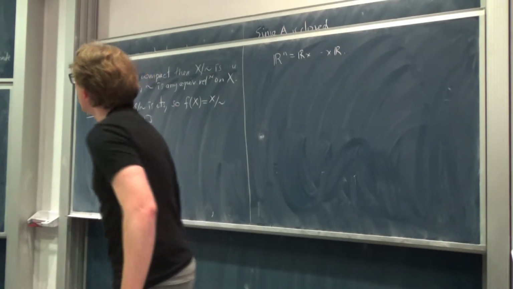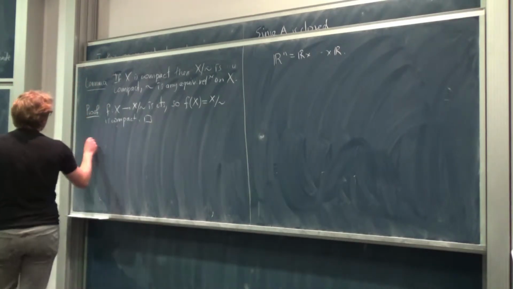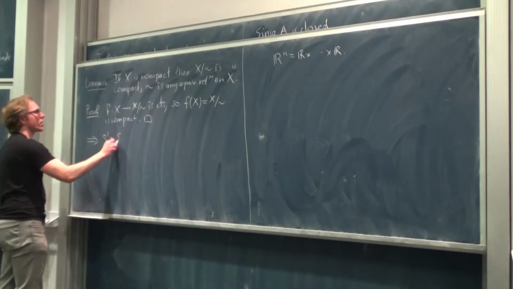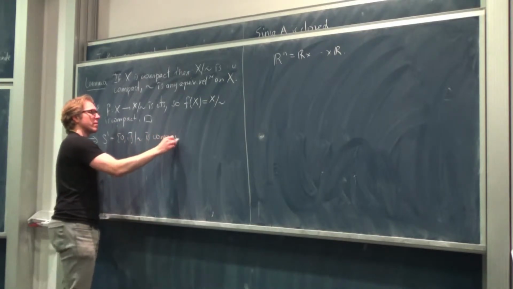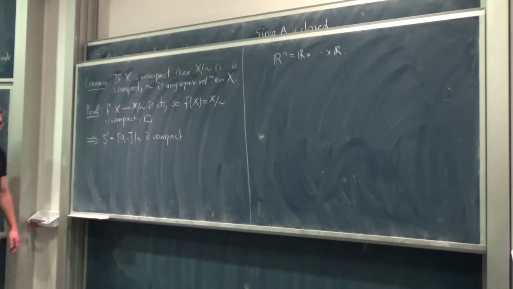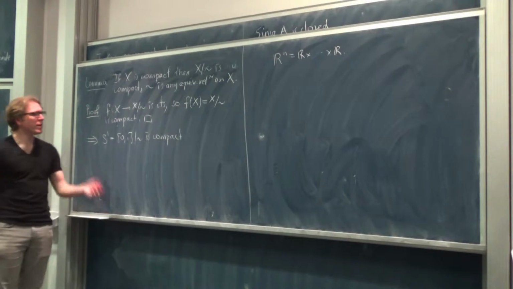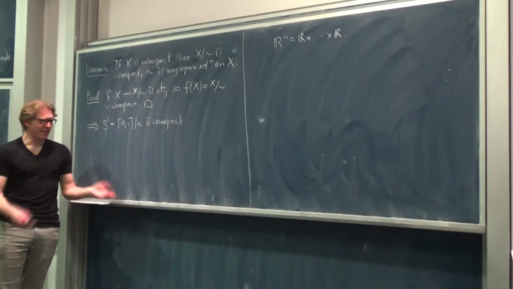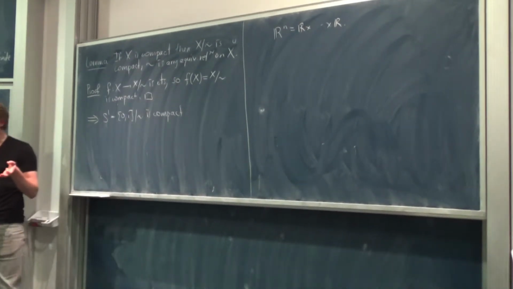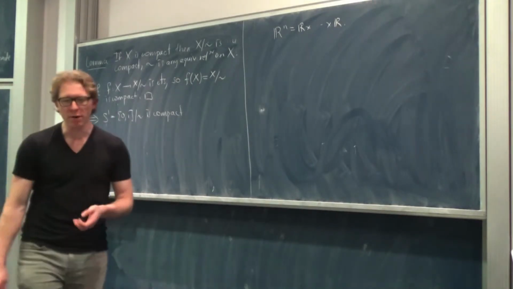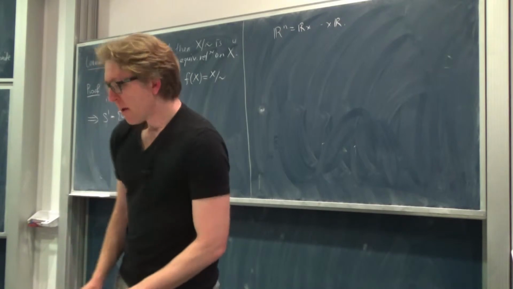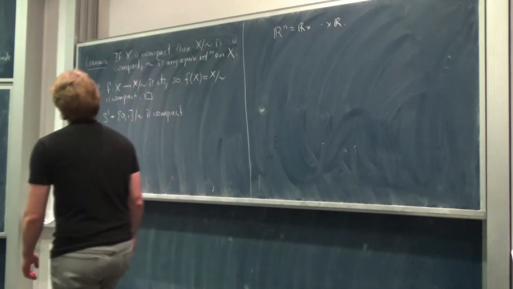In particular, this is compact. Right? S1 is the interval with endpoints identified. We know the interval is compact because it's sequentially compact, and then the quotient is compact by the lemma. Of course, we'd also like to deduce that from the fact the circle is a closed and bounded subset of R2, but we don't actually have that statement yet. Okay, but that would be another argument. So let me do the product.